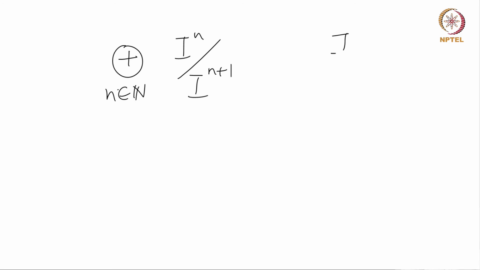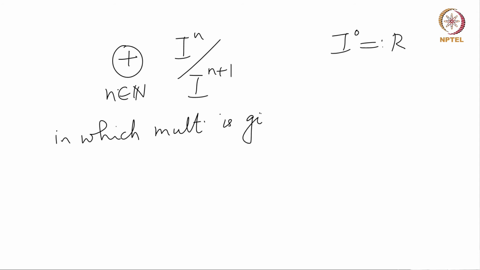Here I to the 0 by definition means R, in which multiplication is given by